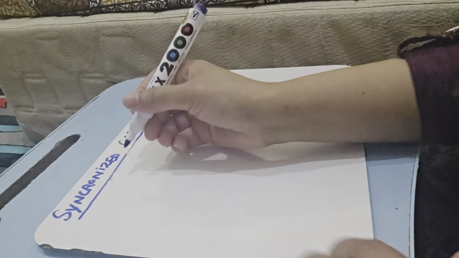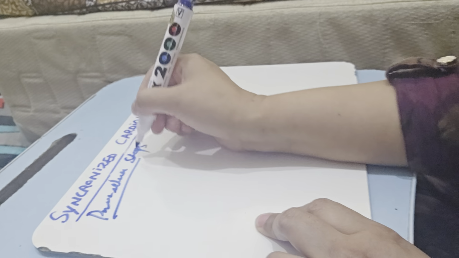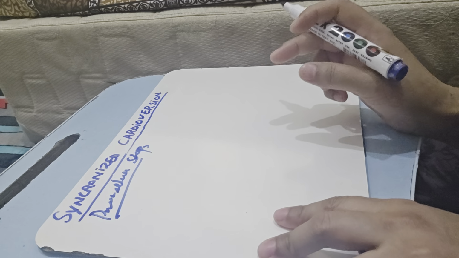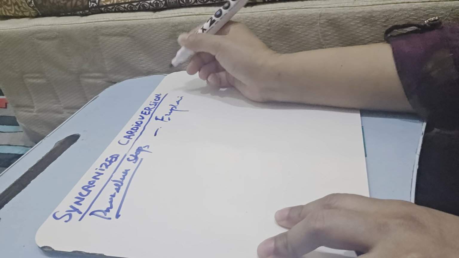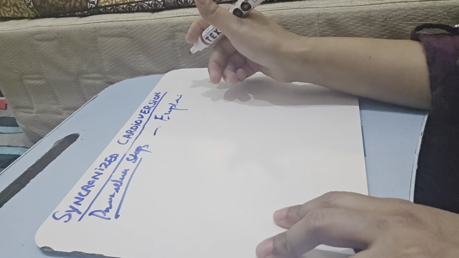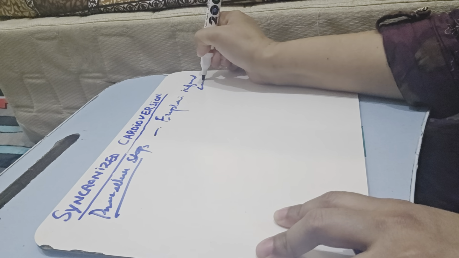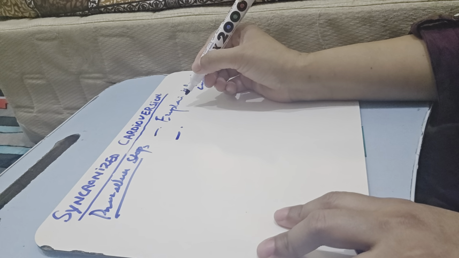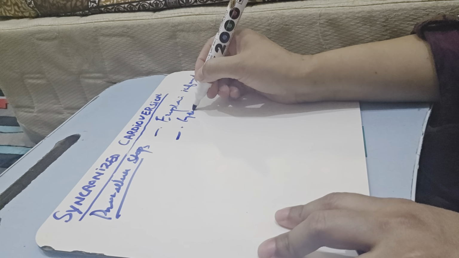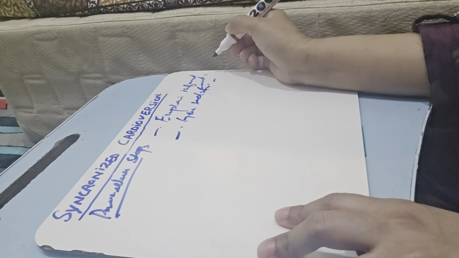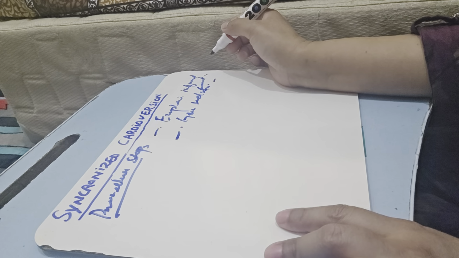Now I will talk about the procedure steps. Number one, we have to explain to the patient what will happen, if the patient is conscious and can give consent. So explain and take the informed consent. Number two, give sedation or pain medication, because the shock is a painful procedure.